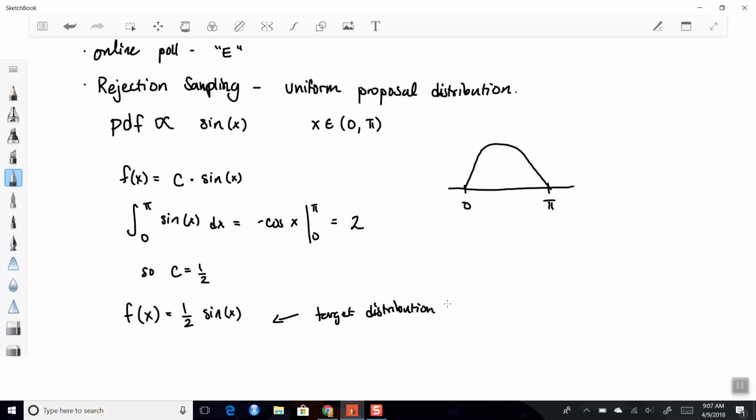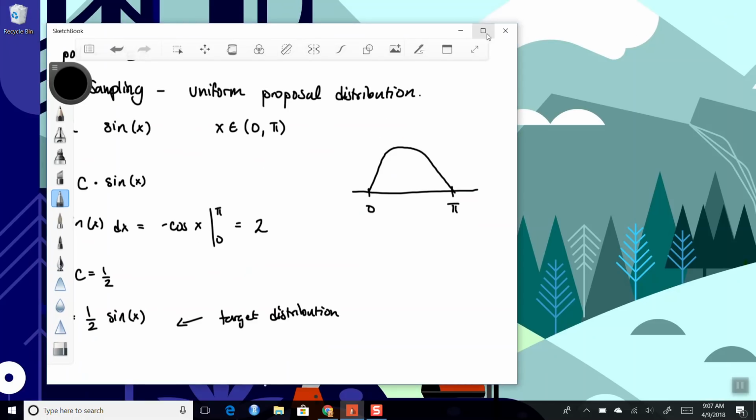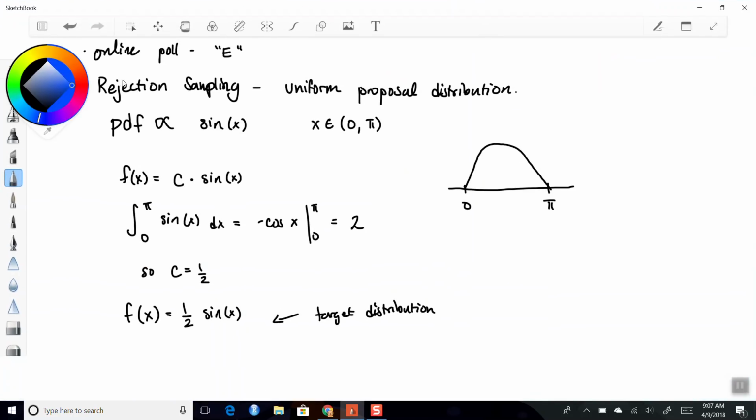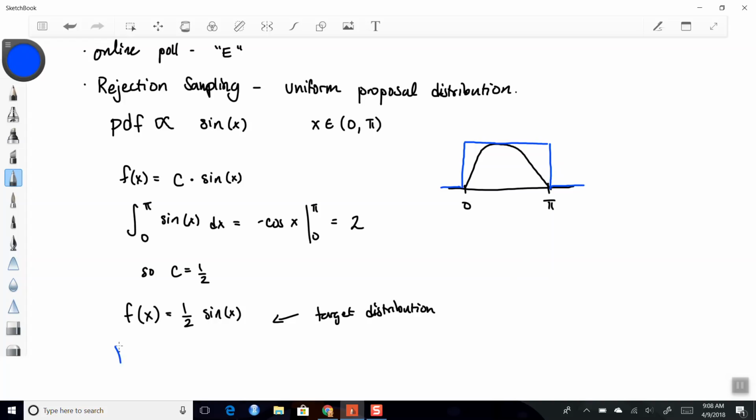But for our class, we're going to illustrate rejection sampling. The idea with rejection sampling is that we are going to have a proposal distribution. In our case, our proposal distribution is the uniform distribution from 0 to pi. Okay, so we have a proposal distribution,